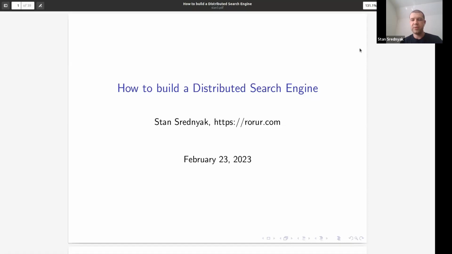I will be talking about how and why to build a distributed search engine. So here's our project website. You can find a lot of information about the project there, including a white paper and a link to our current code base,